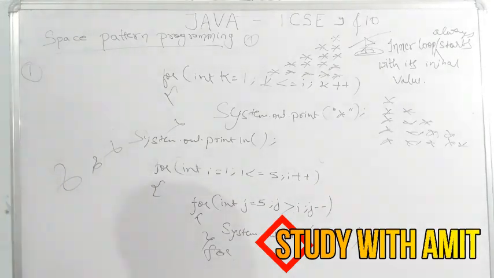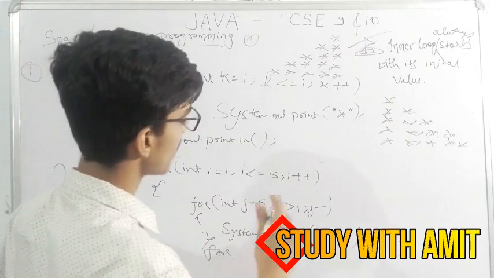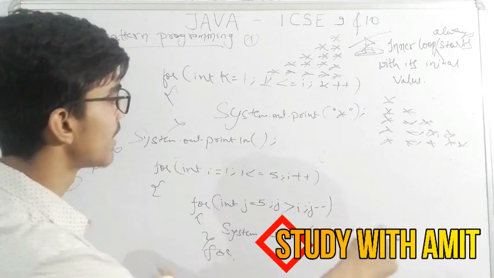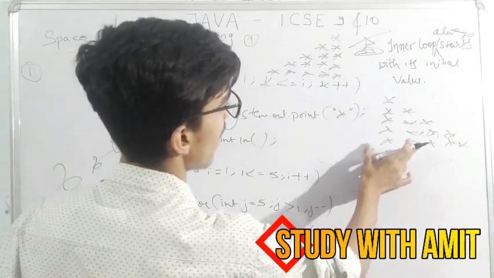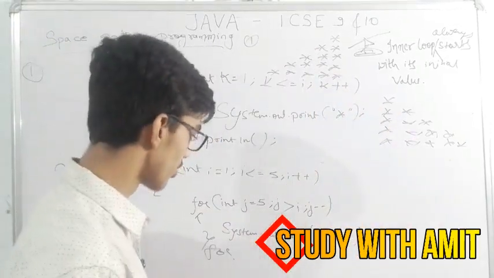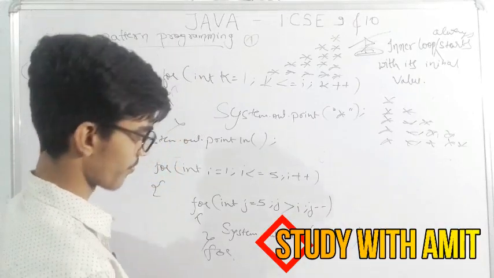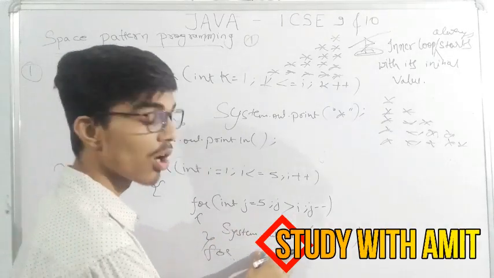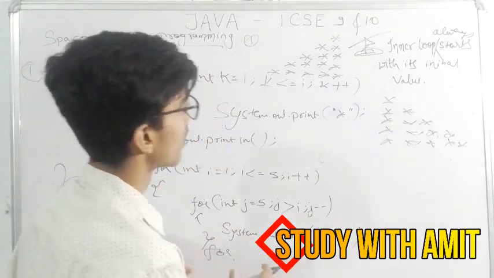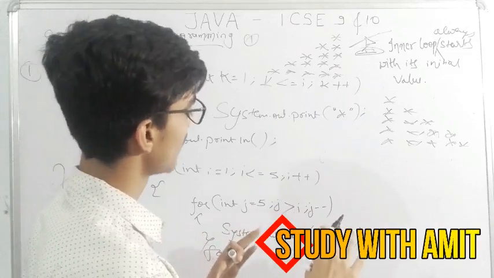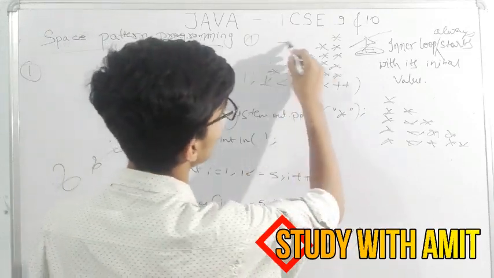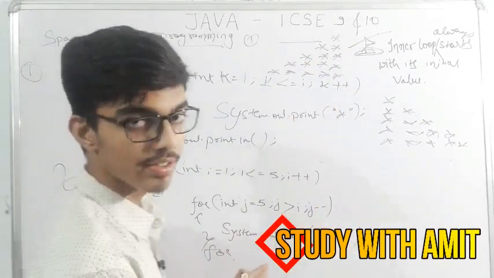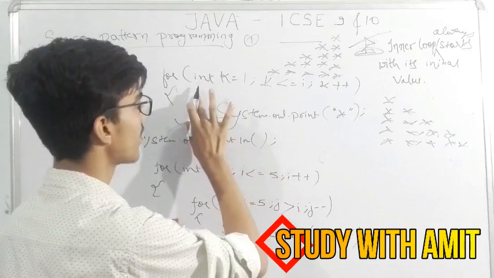Now we'll see. Now some will ask why I have written the program this way and how it will work. So now I'll explain. Here I have written system.out.print. It means it will remain in a single line and reach till here, and after this, if the condition is false, then it will go to another loop.